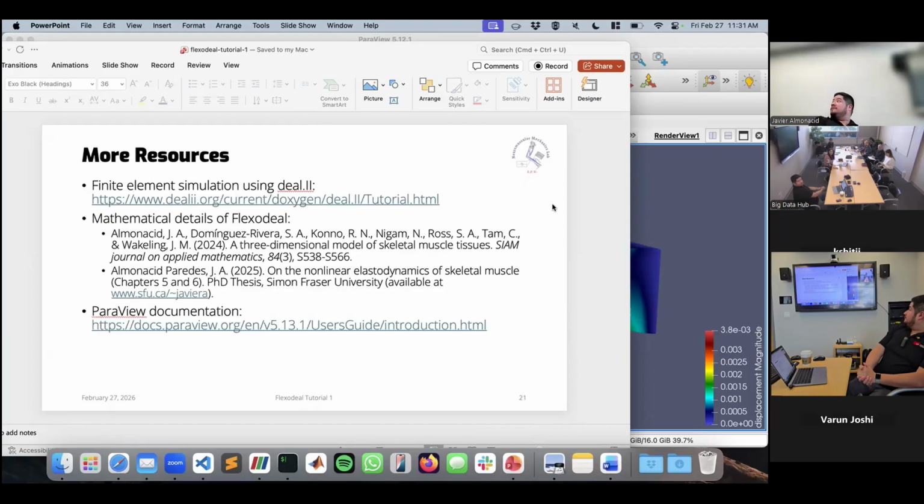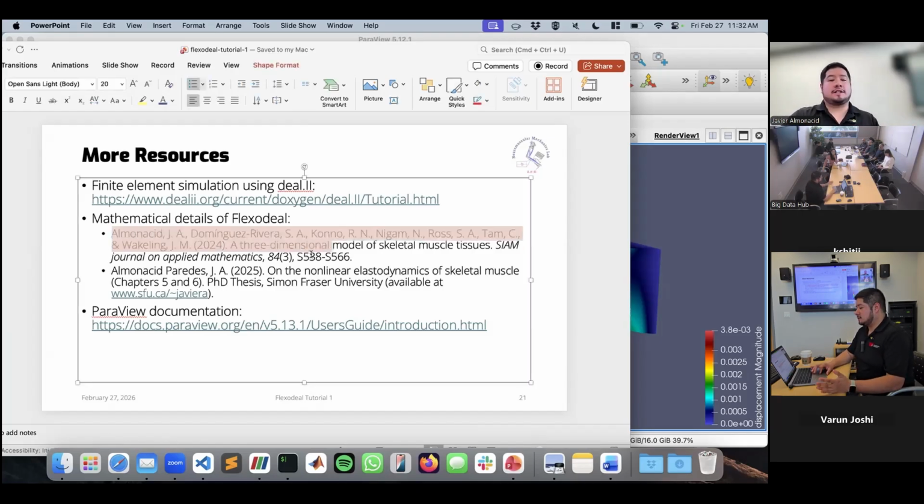If you want to read more about this, first of all, the DL2 tutorials. I feel like that's really important to understand the way we coded things, because in terms of the code itself, Flexodeal Lite is pretty much structured like a DL2 tutorial. Everything's in one code on purpose. In terms of mathematical details, we have a paper out there, but there's also,